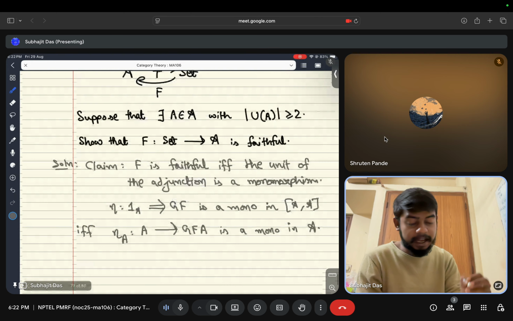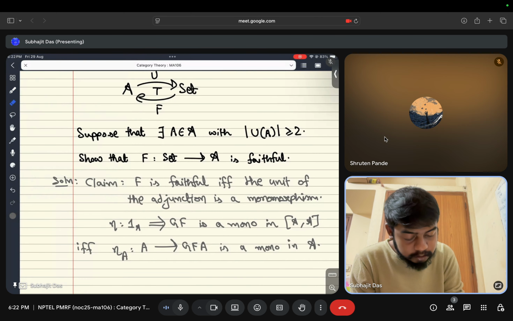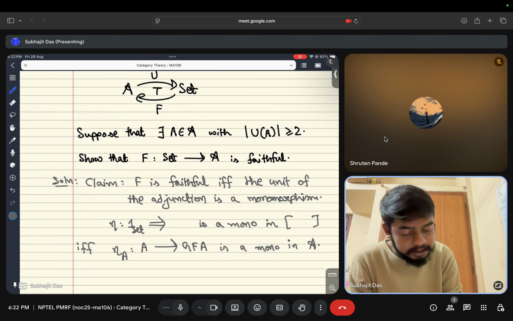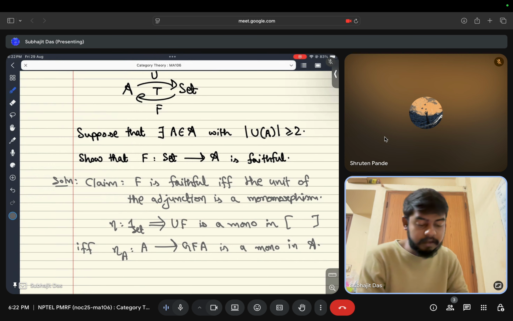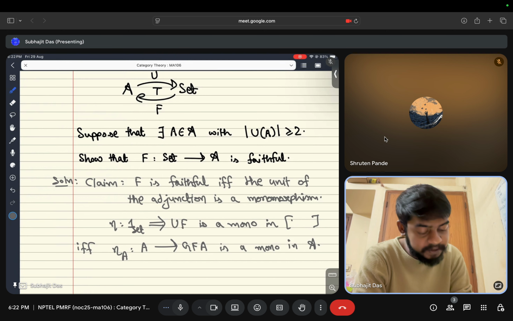Sorry, I think I messed it up a bit. So here, instead of A, you should have Set, right? There's no G here. There's U here. So F is a functor from Set to A. U is from A to Set. So UF is from Set to Set. So in the functor category Set to Set, I should say,